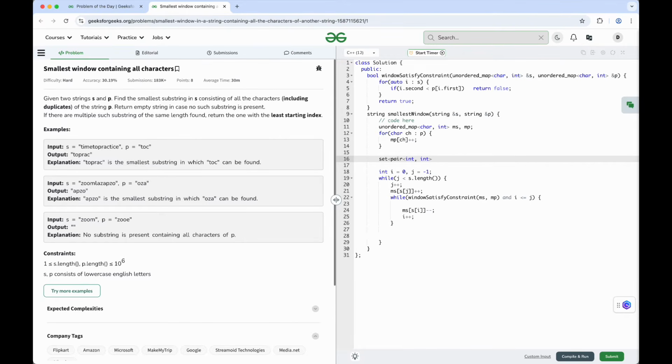or I can store a set of pairs, I mean, where I have the first element as the length, so that I always get the minimum, and the second element as the starting point of that. Does that make sense? So this should be the minimum. Yeah, perfectly makes sense. So let's just put this in the set